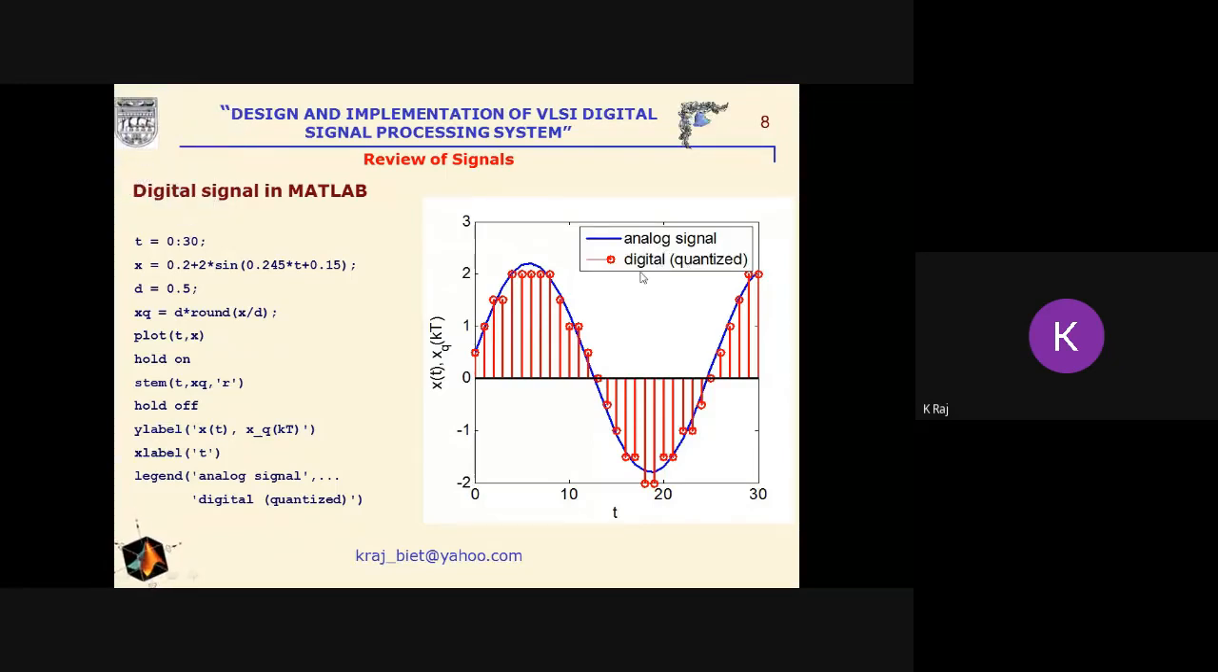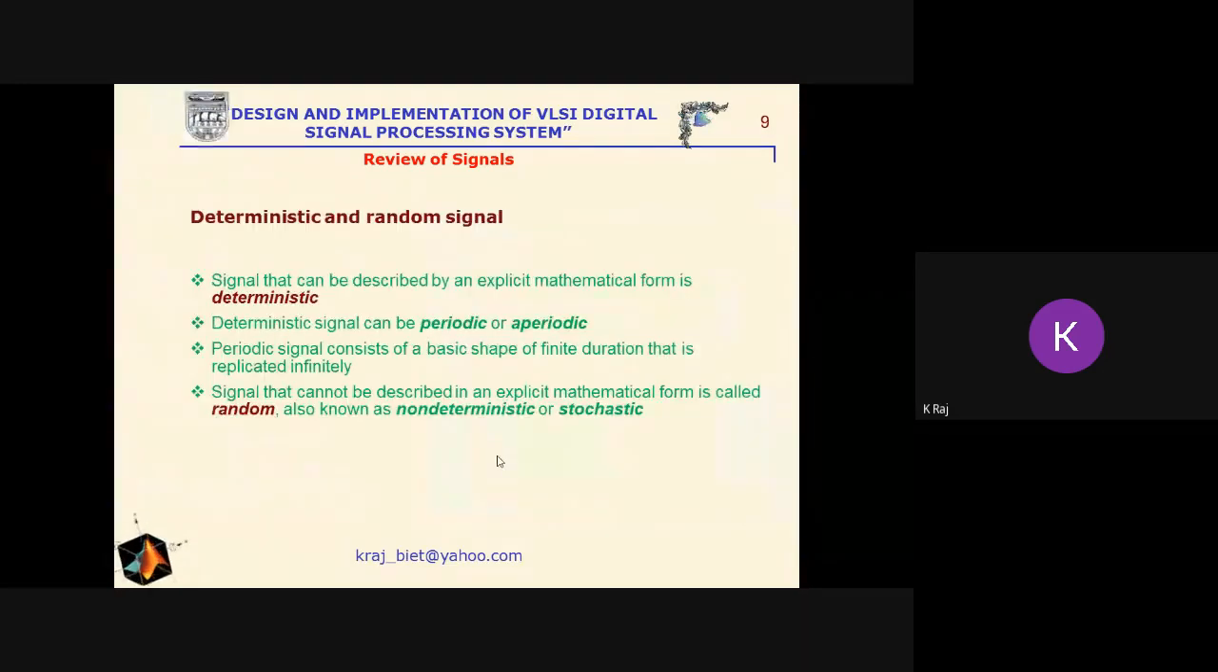One is the analog signal, and the second one is the digital quantized signal. So we will get this type of signal here. That is, after writing, we will get this one here. Next, suppose we are interested in analyzing the concept of any designed system, then that system should be